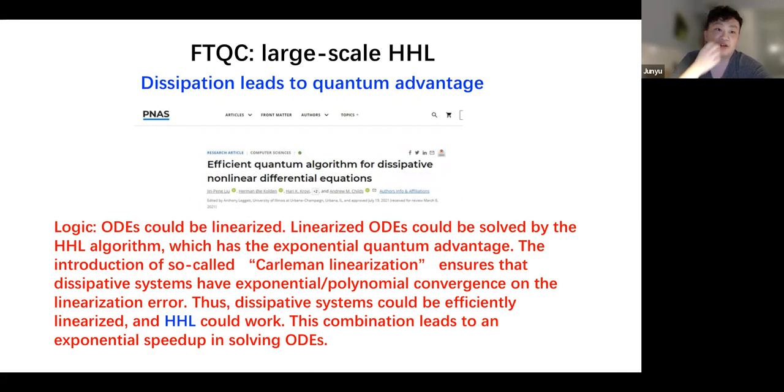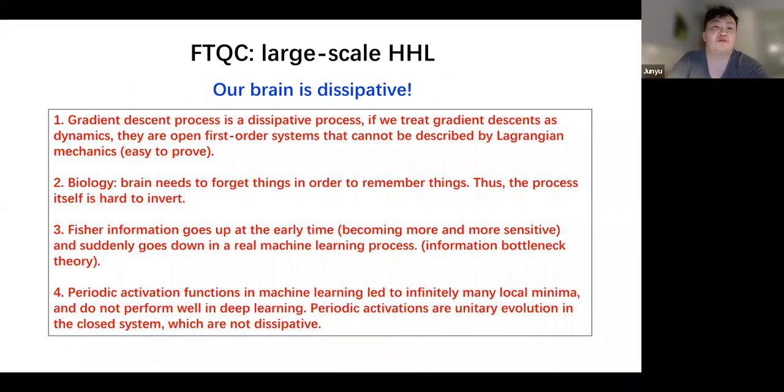Which means that if the system is dissipative, a dissipative nonlinear differential equation, then the linearization error is small and controllable. So a dissipative system could efficiently be linearized, and you could use the HHL algorithm to solve it. That combination will lead to an exponential advantage in solving some ODEs under certain conditions. And furthermore, we find that